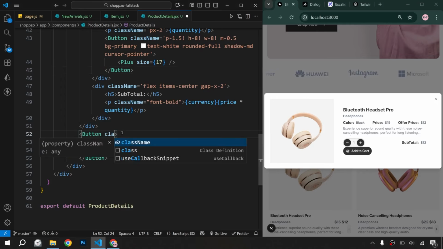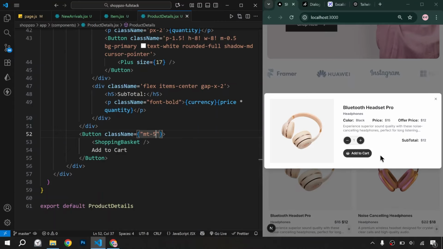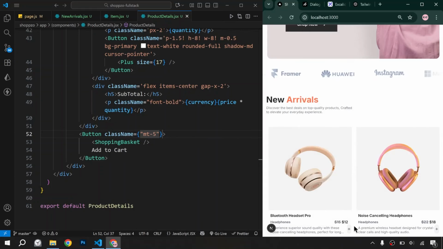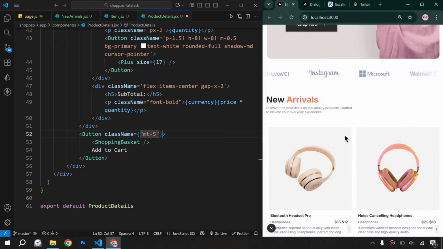Here we will write margin top will be 5, right? And our styling for the product details component is completed. So let me check by closing the close finished. Okay, killer price, upper price, subtotal. Great. Now we will check for the